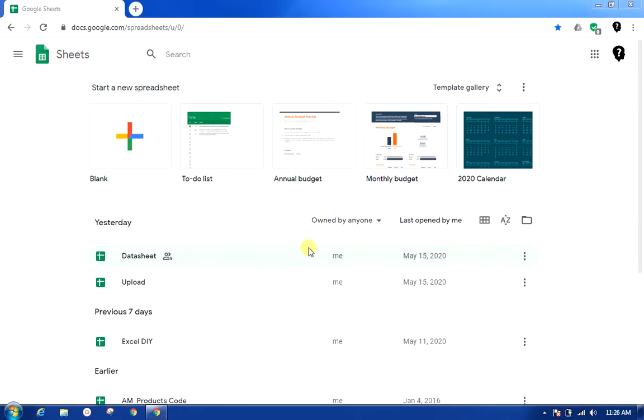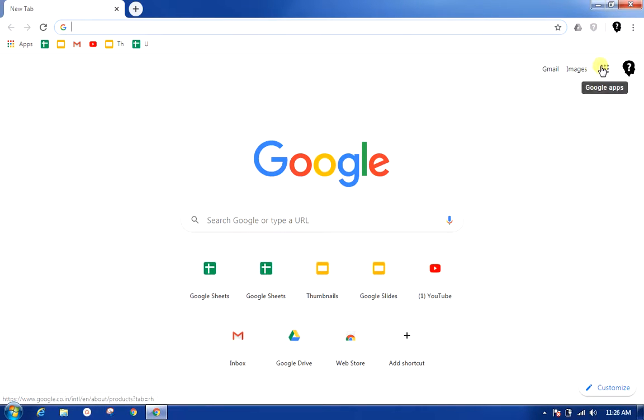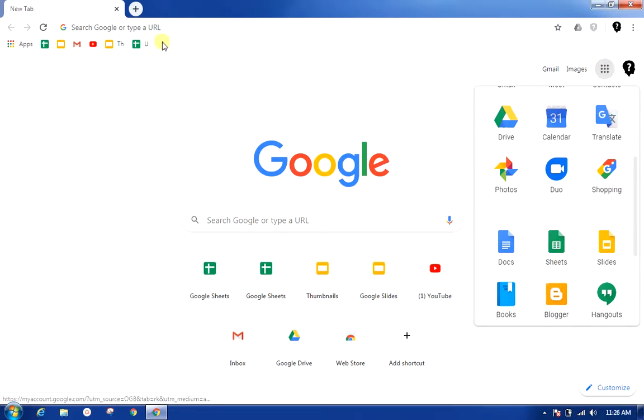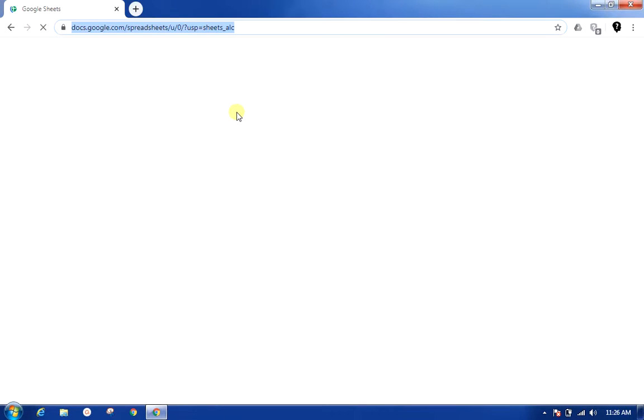So stay tuned. Let's start with our first chapter, which is basically the first exhibit, the File menu. To give an overview, when we open Sheets, let me open it fresh. If you are logged into Chrome, you can use the Google Apps menu to navigate to Sheets, or you can just start typing the URL sheets.google.com. I prefer this as it's handy.